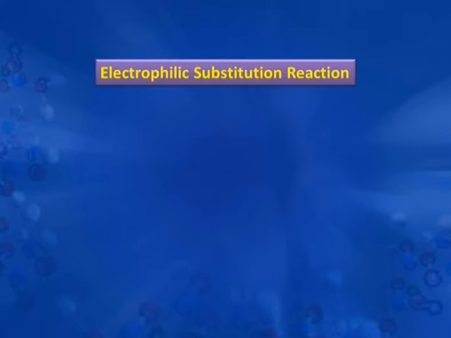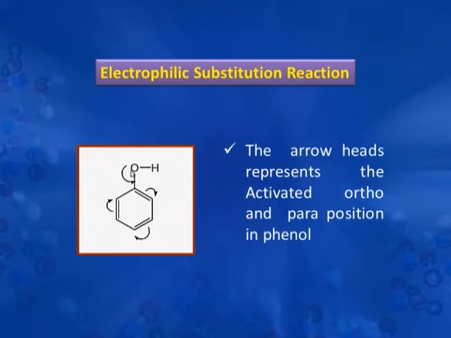Now, we are going to discuss the electrophilic substitution reactions shown by the phenol molecule. First of all, we will discuss why in the first place phenol forms substitution products. The reason is that here you can see the oxygen in phenol is sp3 hybridized, and two of its sp3 hybrid orbitals have lone pairs of electrons. Now, these lone pairs of electrons delocalize with the pi electron cloud of the benzene ring. As a result, there is an increase in electron density at this position and at this position. These positions are called ortho and para positions.